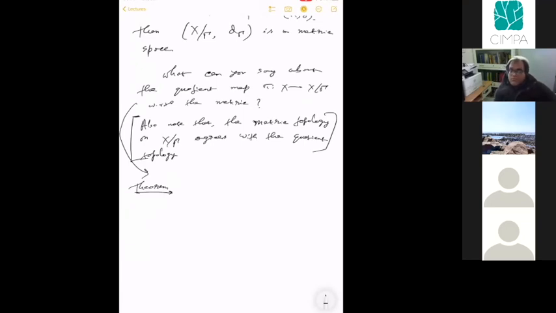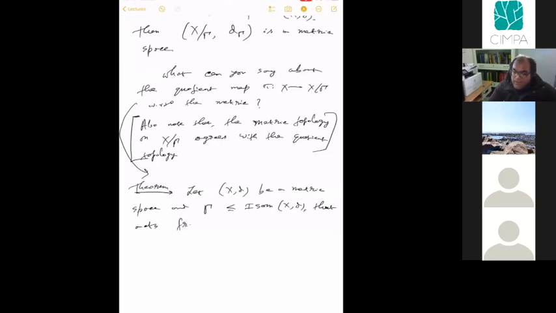Let X be a metric space and gamma a group of isometries of the metric space that acts freely and discontinuously on X. Then